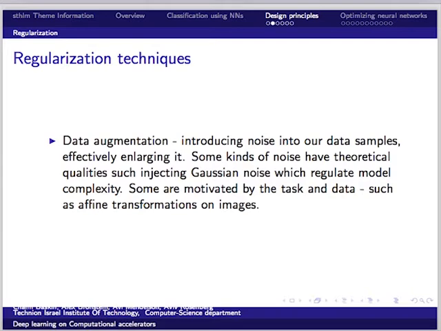If our data is images and we are talking about classification or detection problems, the common data augmentation is adding white noise, or flipping or rotating your picture, to help generalize your network